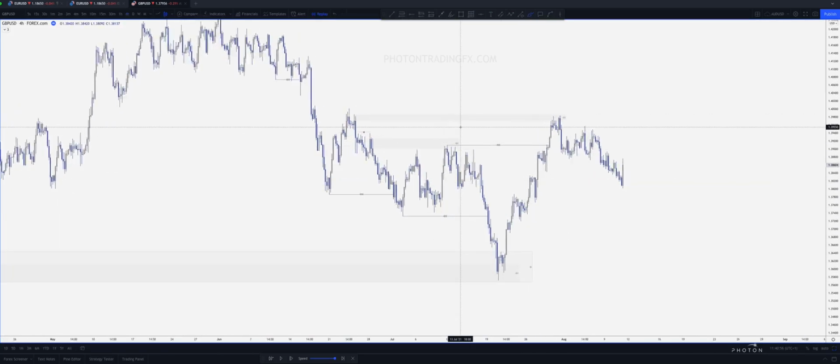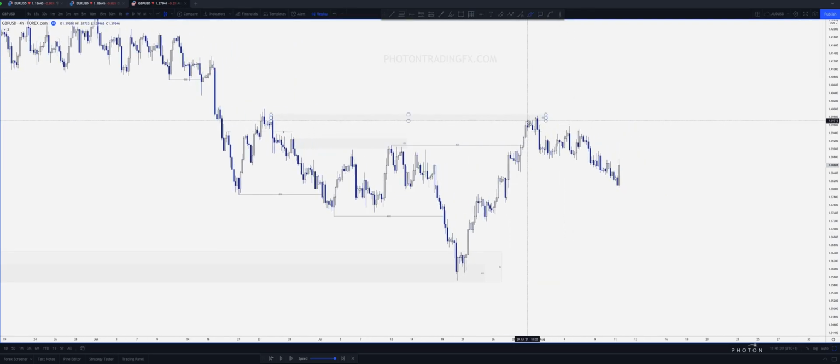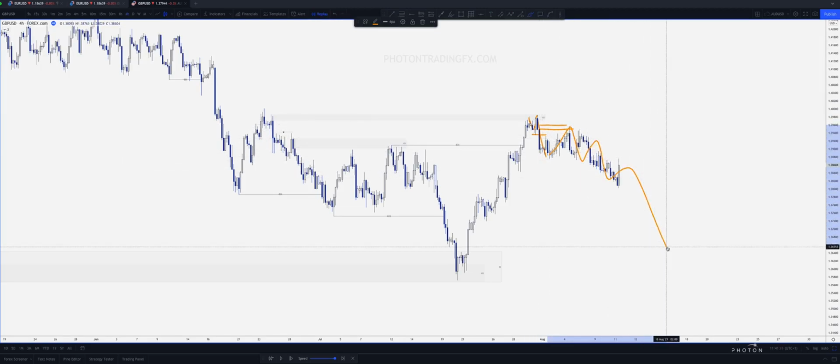We expect the 4-hour pullback. What can help us define when that 4-hour pullback is likely to start? We get a change of character. What happened? We pull back. We just wicked the high, took the high. That means we have a minor low here. We get our change of character. We pull back up into the supply that caused that, and then we can start playing that pullback right down